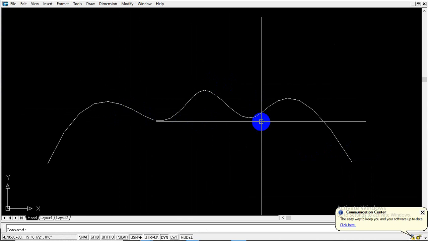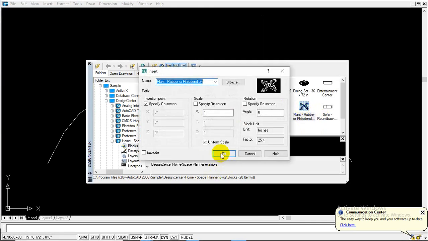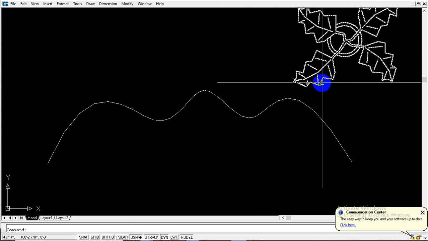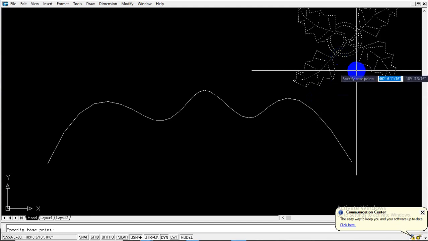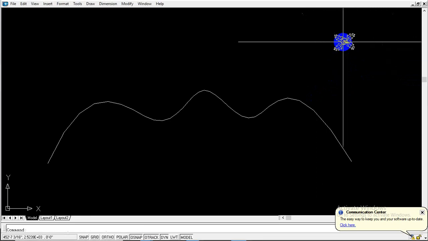Now if we want to insert or apply a block on this, we'll first need to insert something. I press DC, enter, for Design Center and insert this block into my drawing. Okay, now I'll scale this. SC, enter, click, enter, then select and press 0.2, so it gets scaled down.